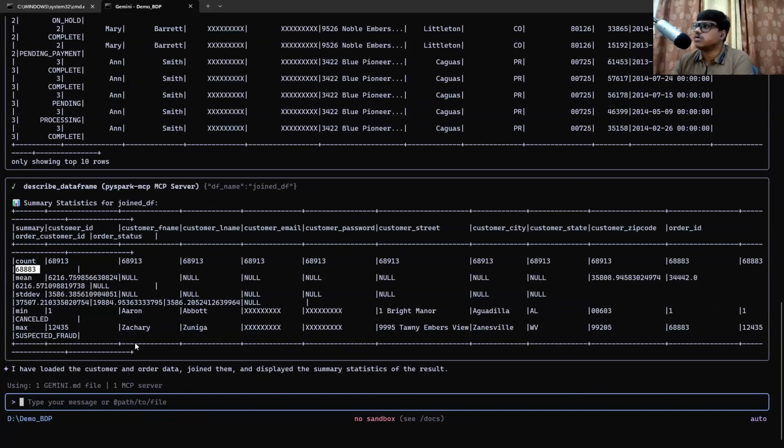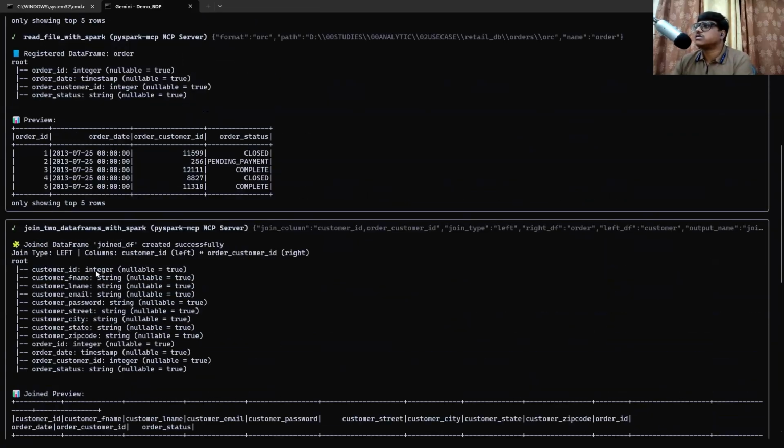I'm trying to read from the prompt only. I didn't do any development right now. I just fed the inputs in that prompt. The Gemini is going to communicate with my AI agents, and it just responds back to me immediately. So this is an example of your MCP server also, customer insights.